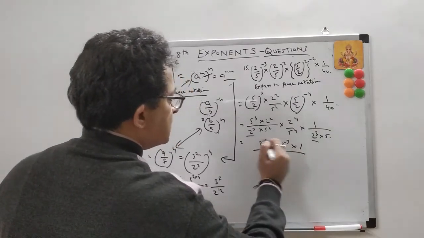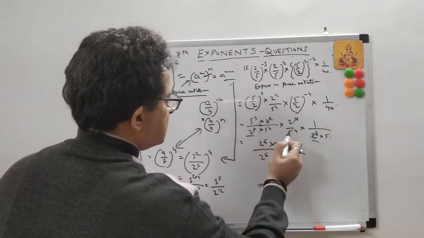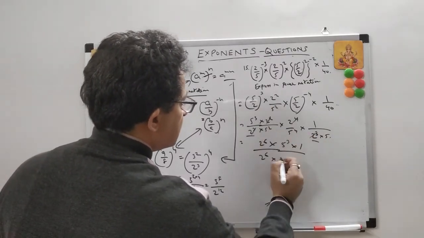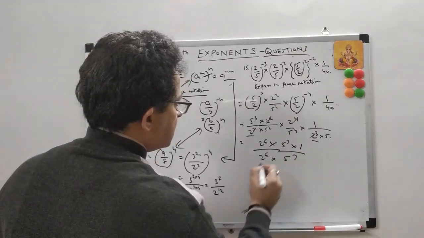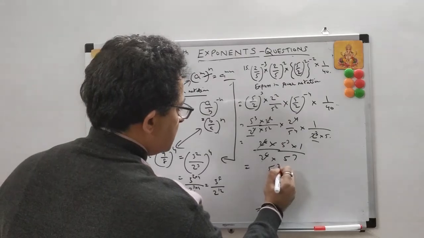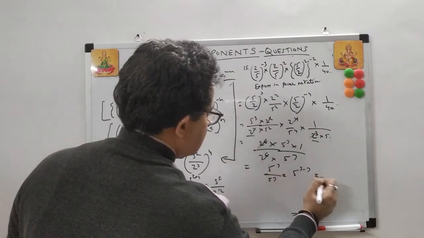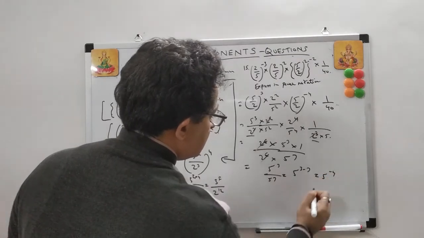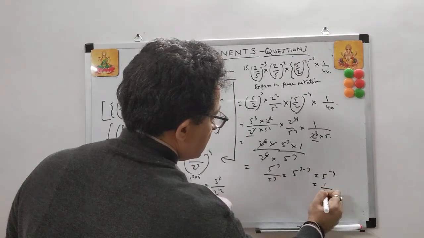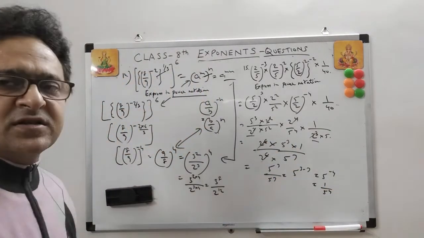Here it is, so this gets cut, right? This gets cut. This is 5 to the power 4 and 5 to the power 4, and 2 to the power 6 and 1, 7. 5 to the power 7. So this gets cut. 5 to the power 3 upon 5 to the power 7 is equal to 5 to the power 3 minus 7, is equal to 5 to the power of minus 4. You can write this as 1 upon 5 to the power of 4. Fine. So this is the answer, students.